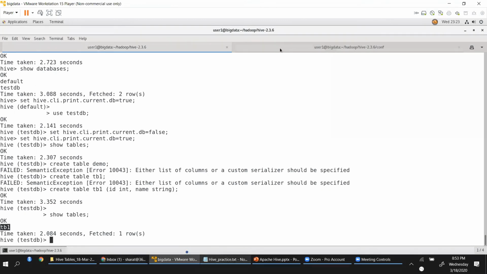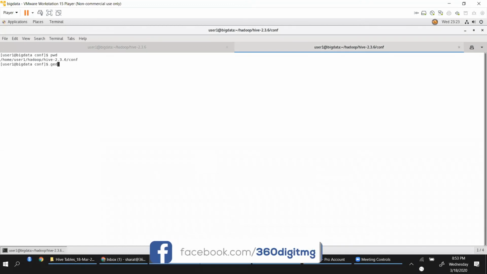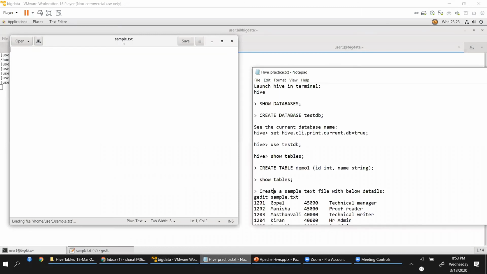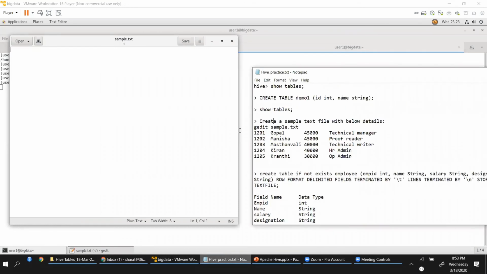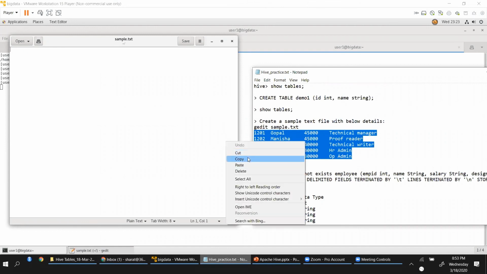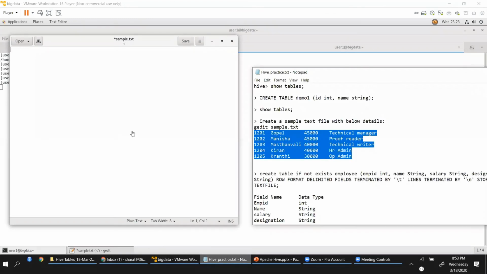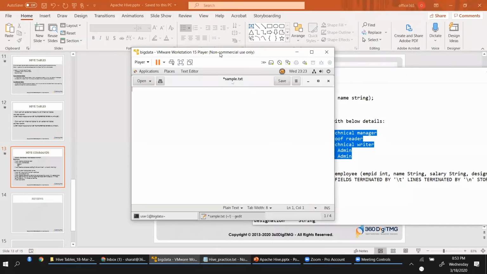Now let us go to another prompt, and I'm basically launching a notepad. I'll say gedit sample.txt. And let me try and copy this content here. I'm not sure if I'll be able to do that. If it is not working, then it's a problem. It's not working. Very bad. Fine. Let me quickly type in, and probably then we will be using this.